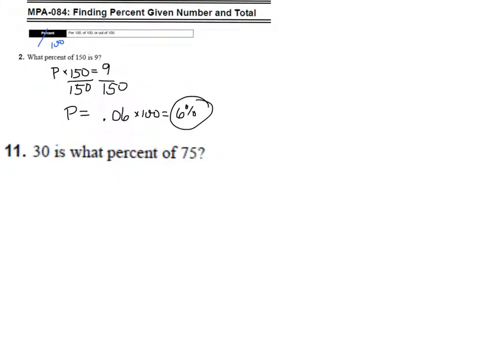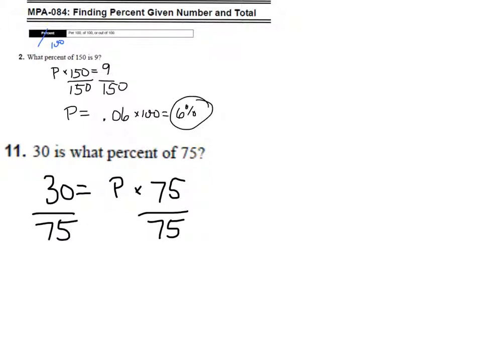Okay, again, I like this nice equation technique. I'm translating the word problem directly into an equation. 30 is always means equals. What percent of means times 75. So again, to solve, we're going to divide both sides by 75. And it's a little backwards, but that's okay. 30 divided by 75 is 0.04, and again we need to change that to a percent, so multiply by 100